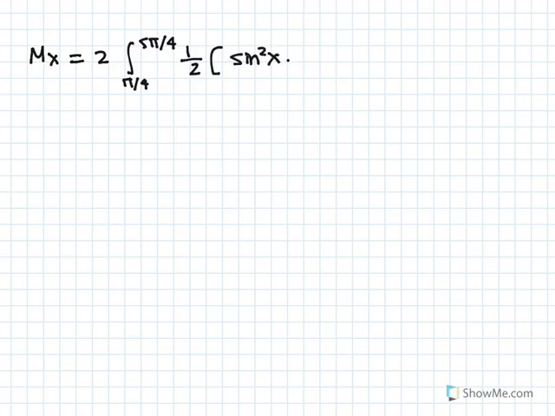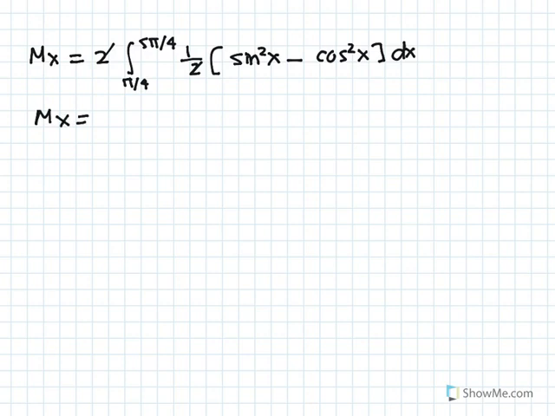So the moment with respect to the x-axis is equal to 2 times, the limits are pi over 4 to 5 pi over 4, 1/2 times f of x squared. Well, f of x is sine x, so we get sine squared x minus g of x squared, that's going to be cosine squared x dx. The 2 cancels with a 1/2, so we get